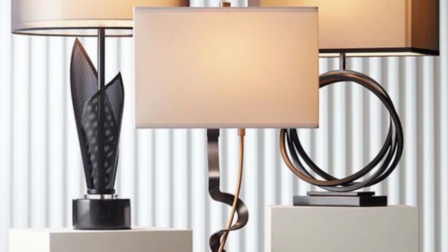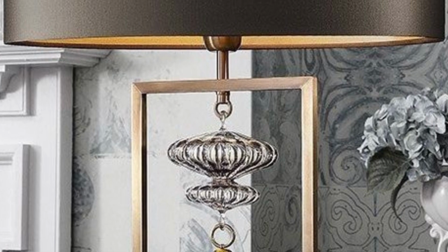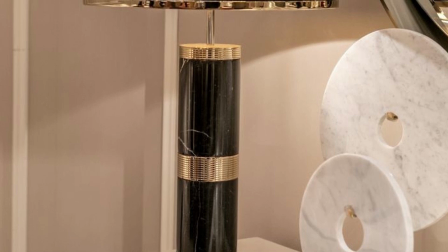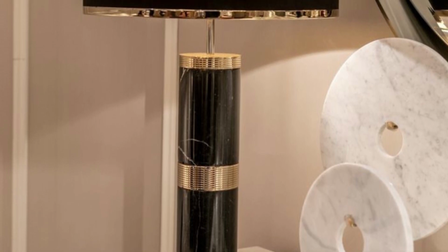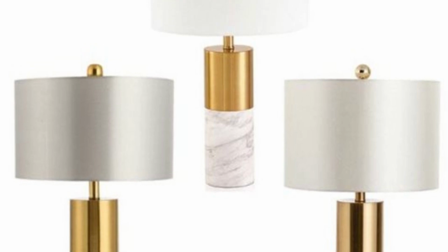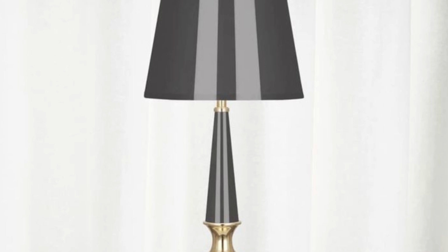They are not only perfect for providing focused task lighting for reading and studying, but also add a touch of vintage charm to contemporary home decor. In terms of home decor, these lamps are versatile and adaptable, fitting seamlessly into various design themes from traditional to